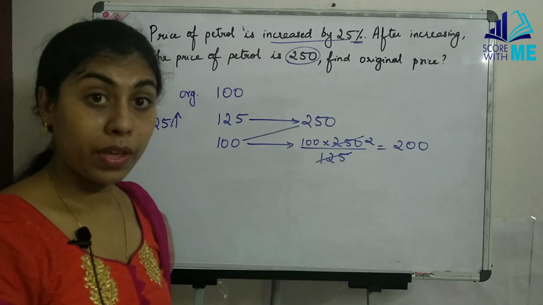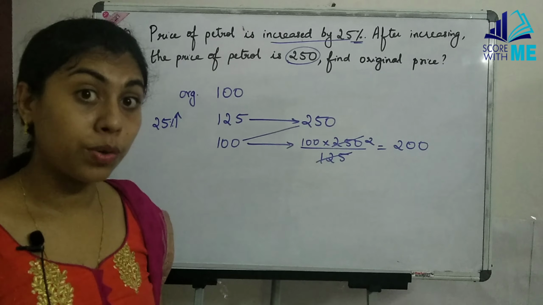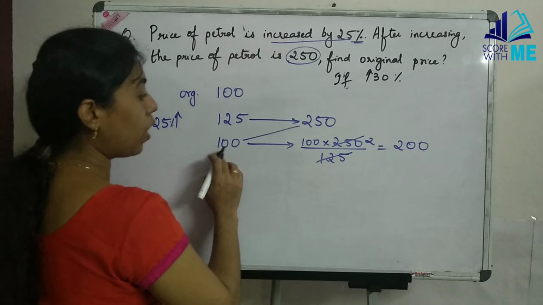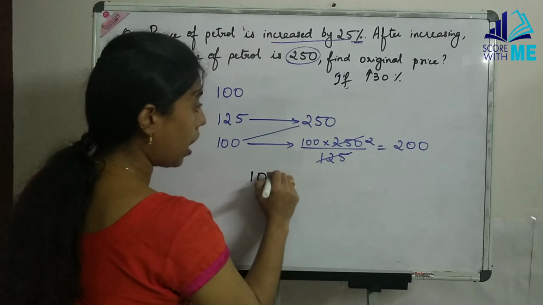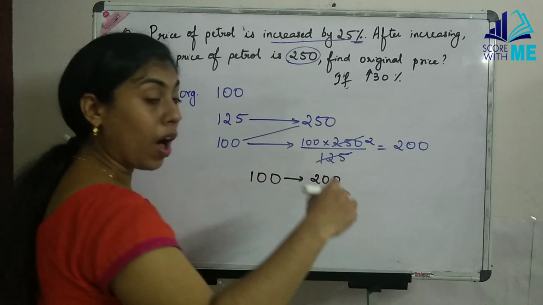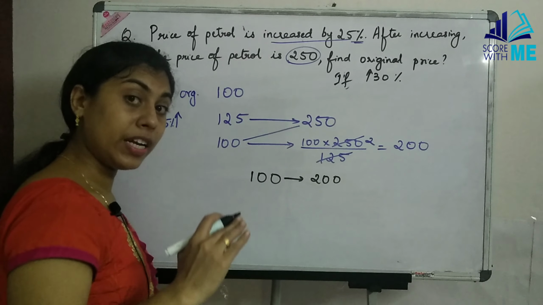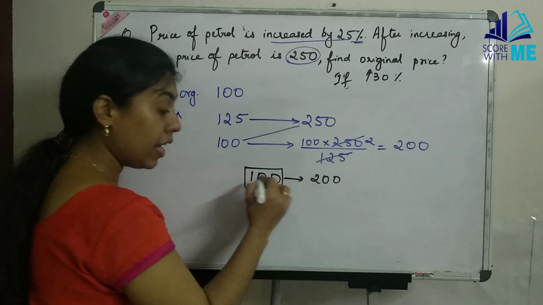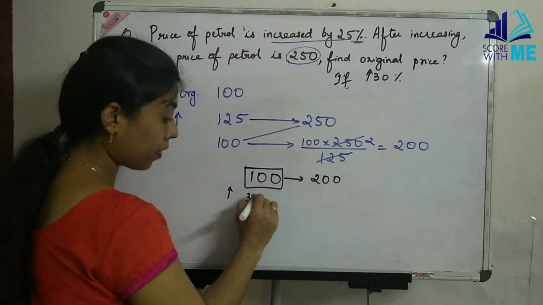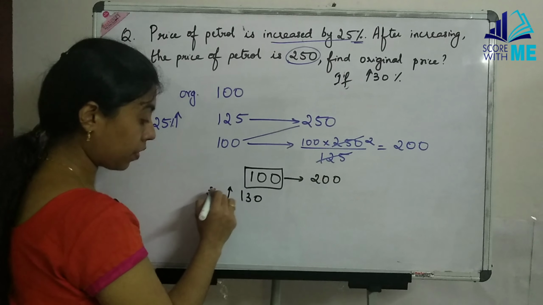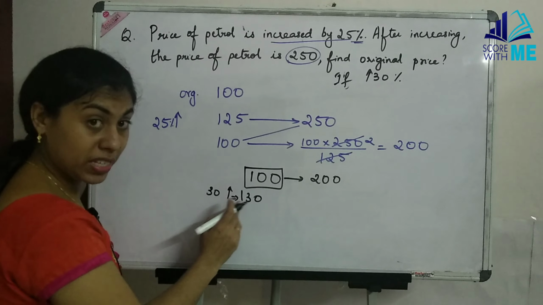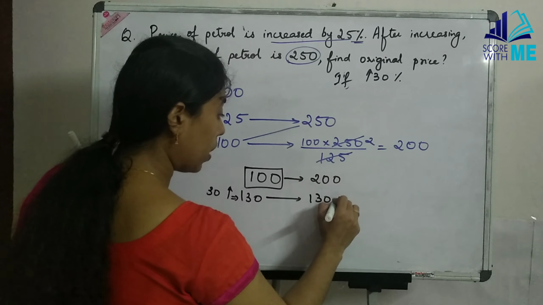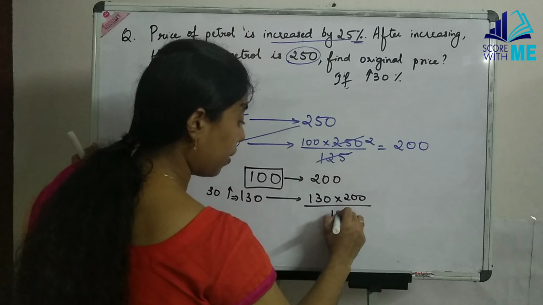Say for example, now here you are given that again the price of petrol is increasing by, say, 30%. Now that we have found 100, we know that 100 is 200. Now however much it increases or however much it decreases, the value can be calculated with this base. If it is increasing by 30, you need to find 130. Okay, 30% increase means we need to find 130. Then your value will be 130 into 200 by 100.